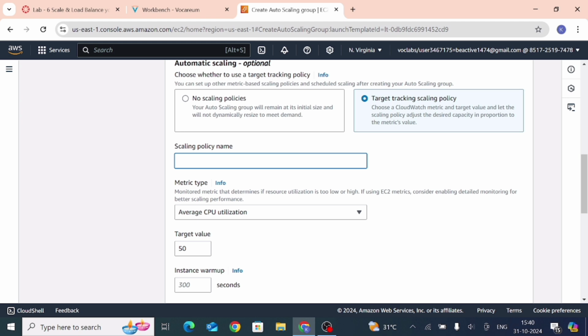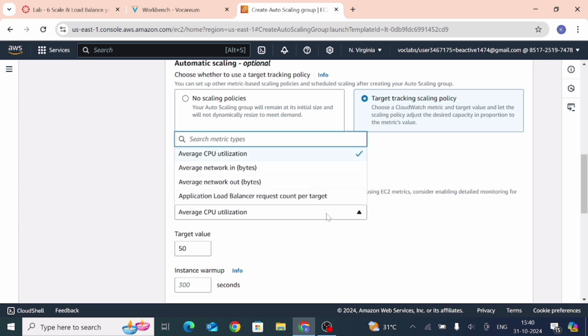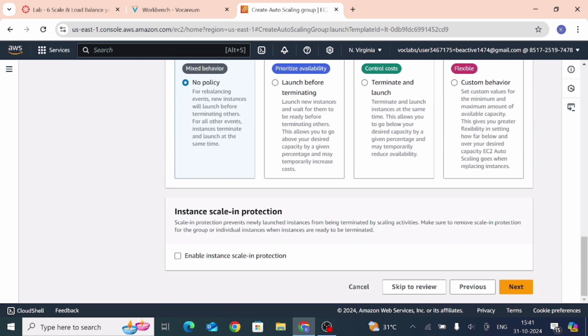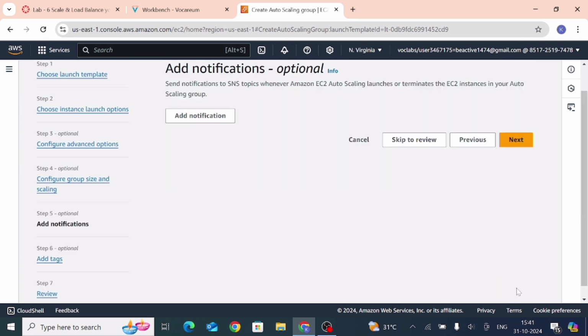Now paste here, Ctrl V. Now this metric type, so choose average CPU utilization, which is already selected. Now this target value, which is 60. Now just click on next.